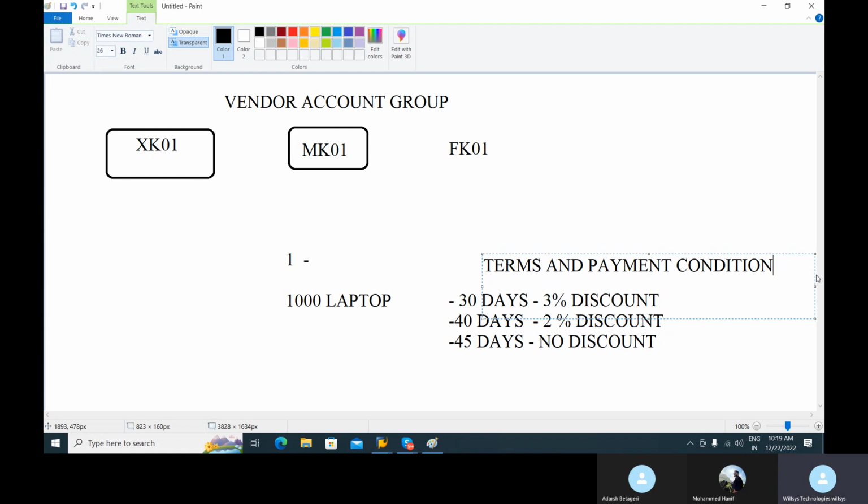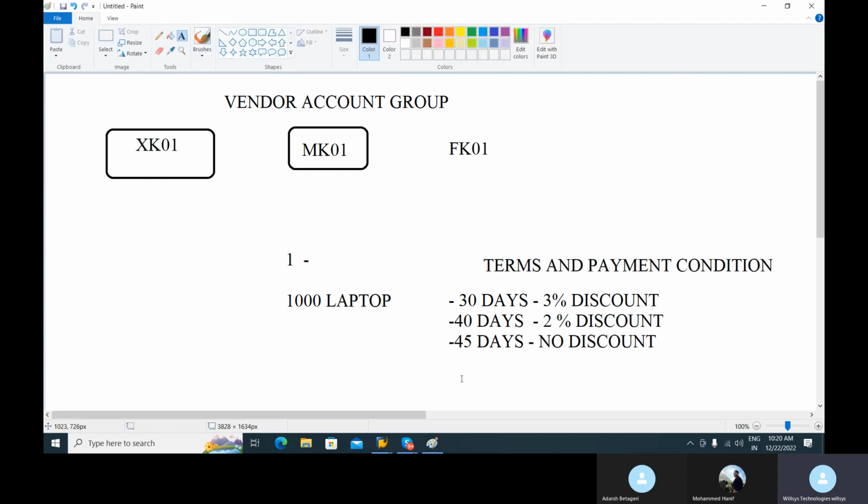This is my example. Sometimes they will give no discount, nothing, immediate pay. Due net, whatever net is there, you have to pay. That is another condition. Due net, no discounts. To create this type of configuration,